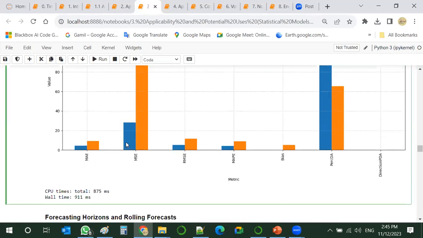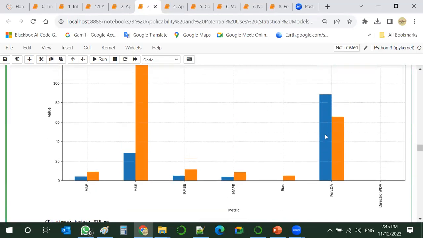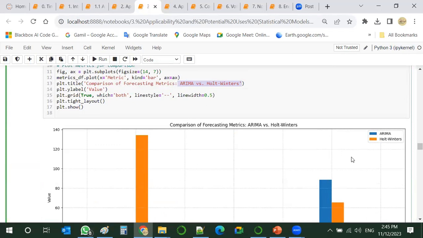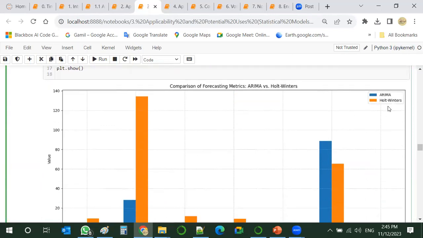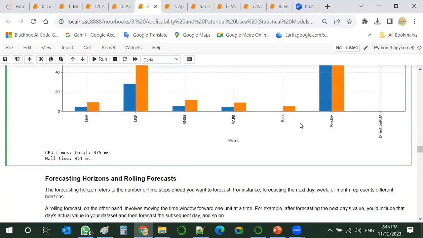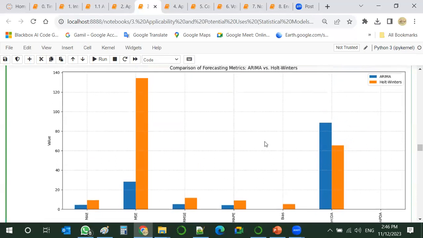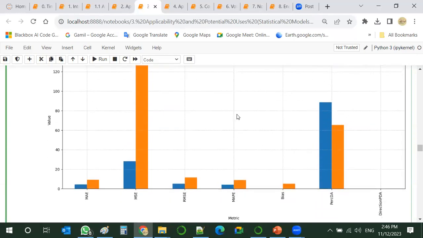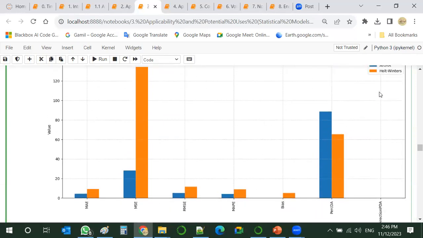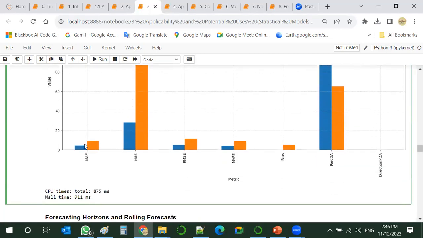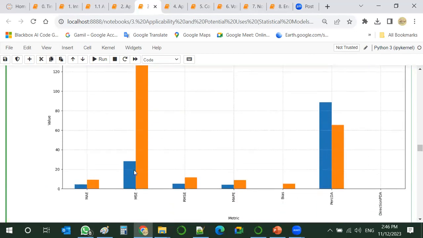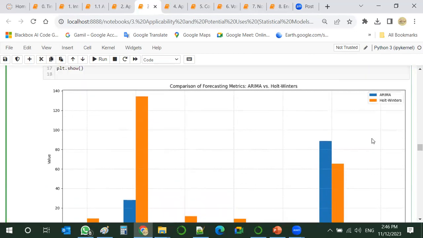So we have this plot, and we can tell that ARIMA outperforms exponential smoothing, maybe, or no. Yes, ARIMA is doing better.